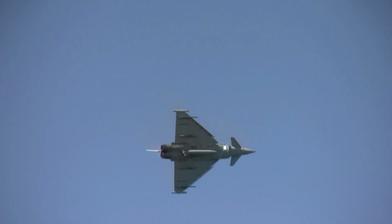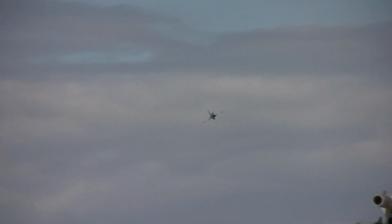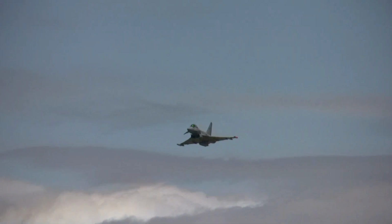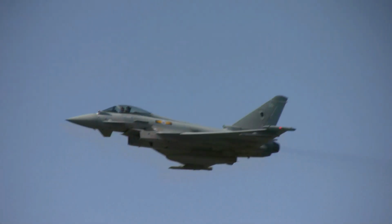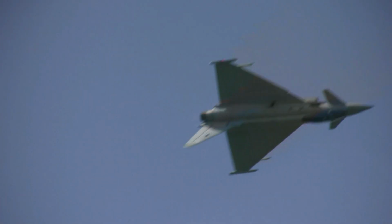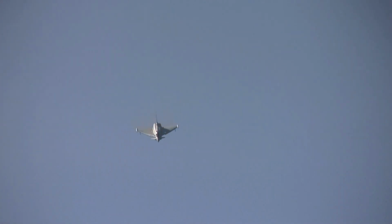Pre-heats, afterburner off now. It'll come in automatically with a certain percentage of RPM on the engine. Coningsby, that's where the Battle of Britain Memorial Flight live as well. Many of the BBMF pilots also fly the Typhoon. Stability to fly the aeroplane in normal